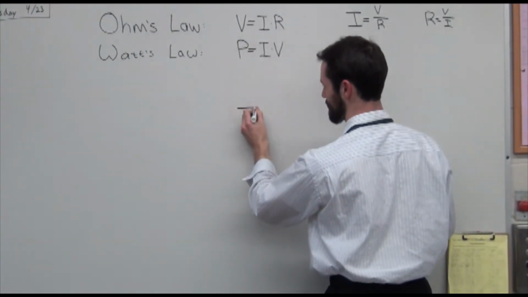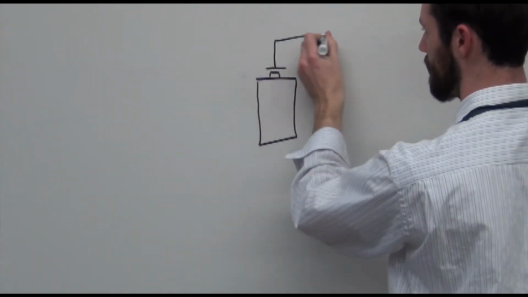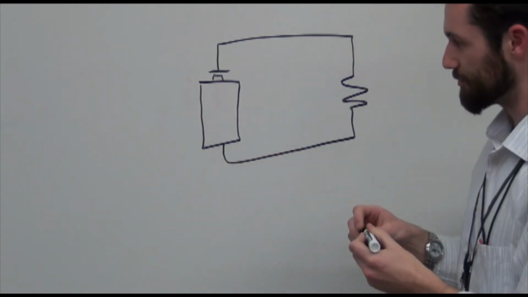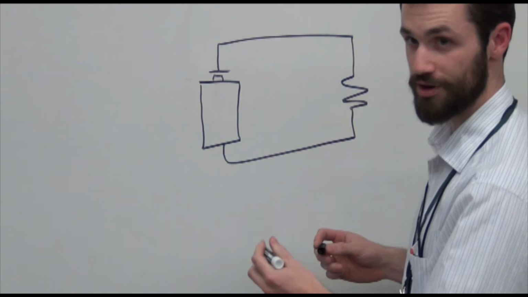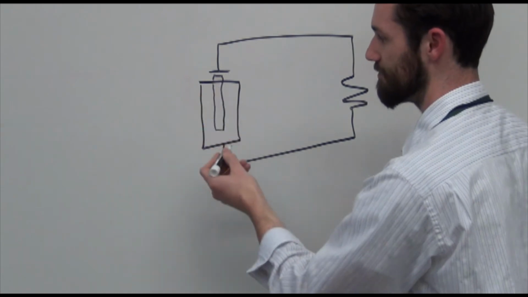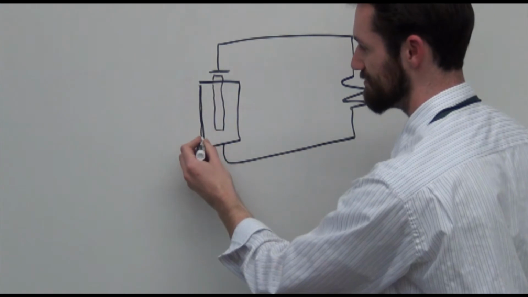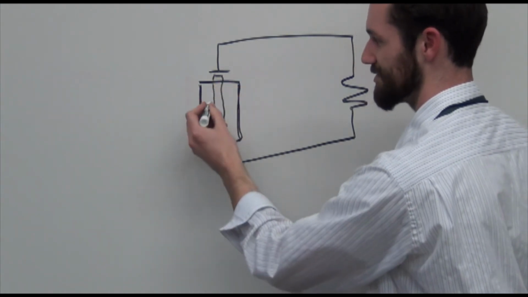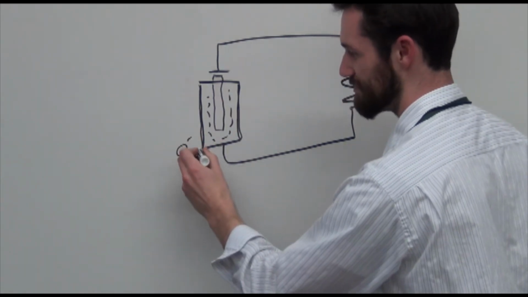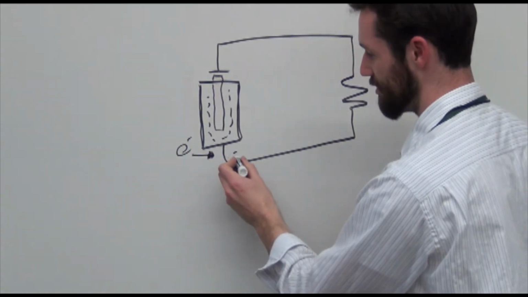let's say that you have a battery in a circuit. And I'll throw a resistor in here. The battery is going to pump electrons from the positive side. There's really a carbon rod in the middle, or a graphite rod, and then it's surrounded by maybe a zinc can. And then there's an electrolyte in here. Electrons are being pumped down to this side of the battery. And when they're all packing up over here on this side,